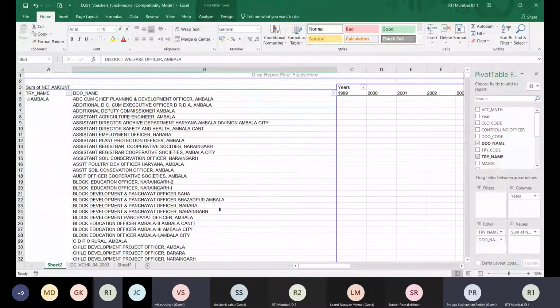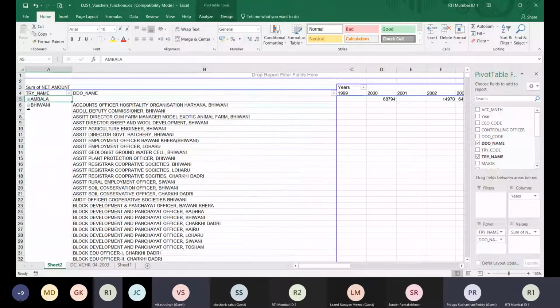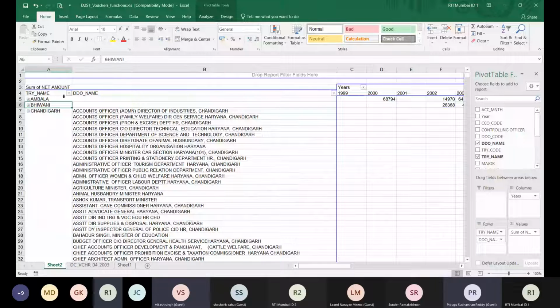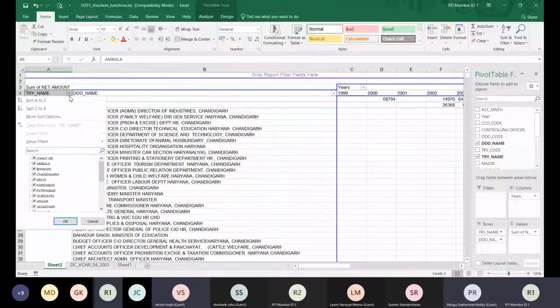So in pivot table, depending on your requirement, treasury name, you can filter the treasury, all the treasury. If you don't want to see, you want only remove this, just like filters in Excel. You can say Ambala,